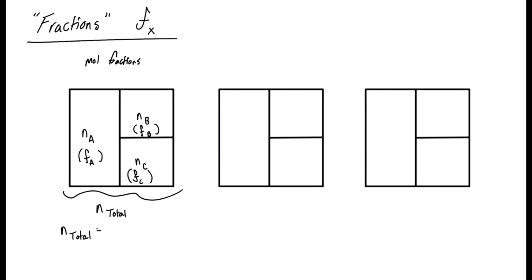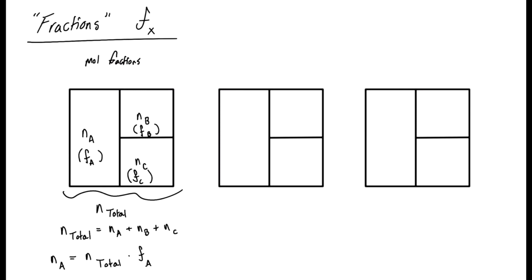So therefore, the total amount of moles should be equal to the sum of all of the constituent amount of moles as well. If we want to get an individual amount, so N sub A, for example, that would be the total amount of moles times the fraction of A in that mixture. So that's the case for